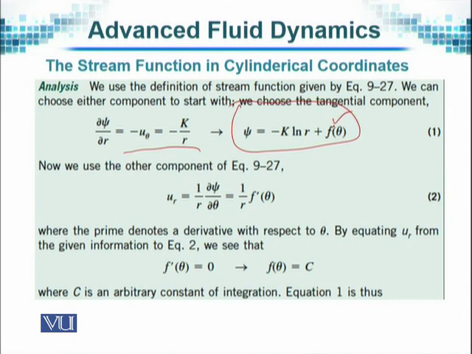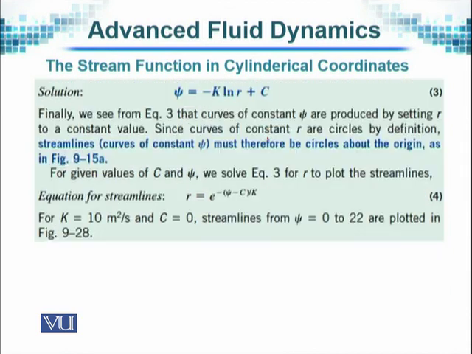Now we use the other component, the radial component. When we obtain the radial component through this equation, set equal to this one, and we integrate it with respect to r, we will have f prime of theta equal to 0, and therefore the value of f of theta turns out to be an absolute constant. So this f of theta can be replaced by this constant, and psi is therefore equal to minus k natural log of r plus some constant c. And we have done the first part, that is, we have determined the value of psi, and then we have